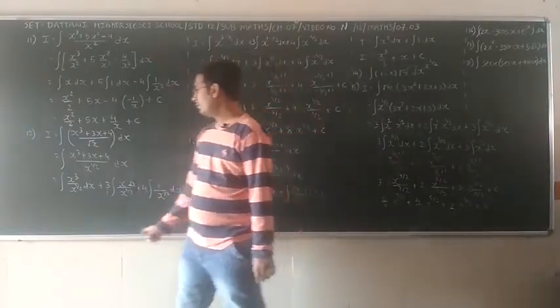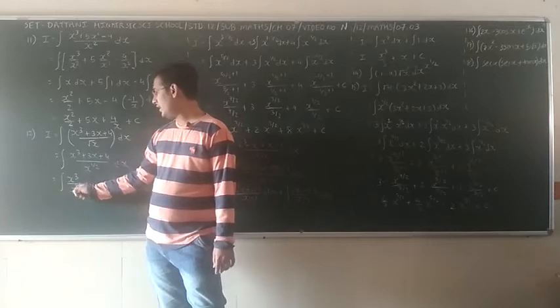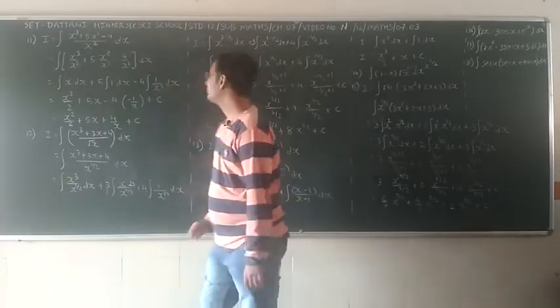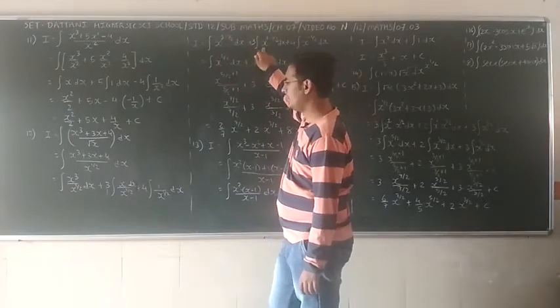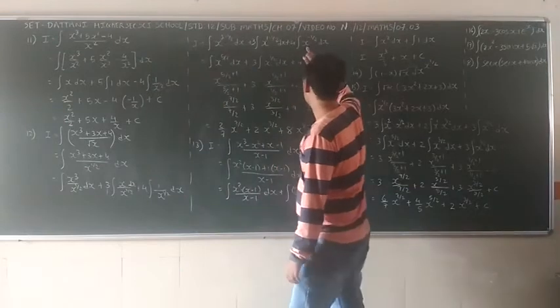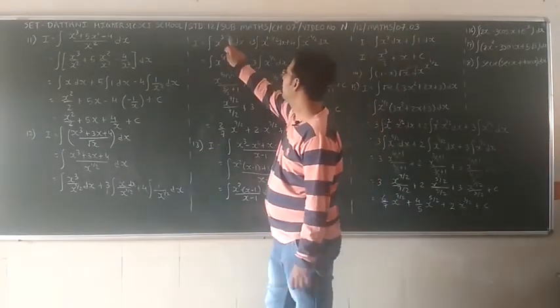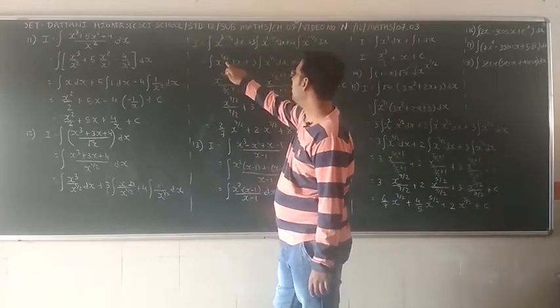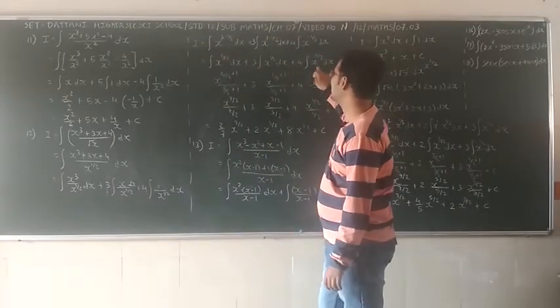Now the variables are the same in division, so in the exponent we subtract: 3 minus 1 by 2, dx, plus integration here, nothing is 1, minus 1 by 2, and the whole term is x raised to minus 1 by 2 dx. 3 twos are 6, minus 1, 5 upon 2. 2 ones are 2, minus 1, 1 by 2 as it is.